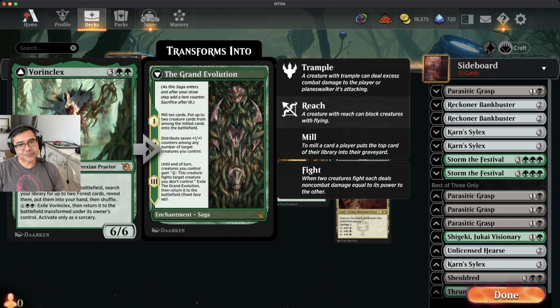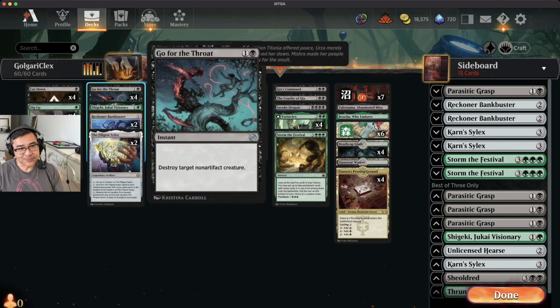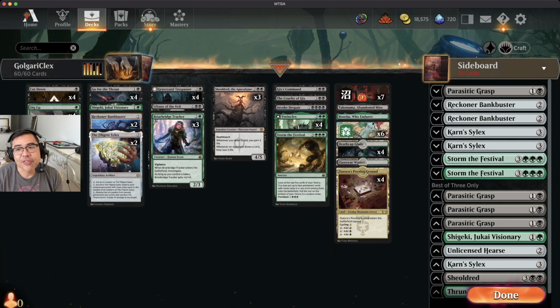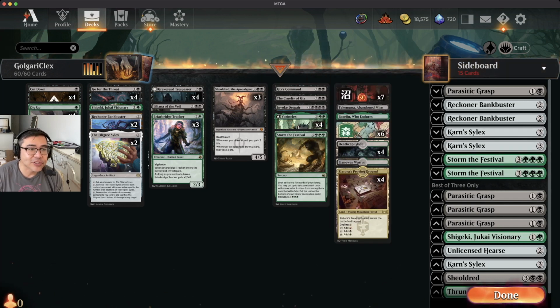I think that if there are things that are kind of imperfect about this deck, one of them is it's not a great Storm the Festival deck. There are so many spells, so many Go for the Throats and Cut Downs and Dig Ups, that you're not always hitting permanents. We only have one Storm of the Festival in the main. When we have the additional Storms of the Festival after sideboarding, we're typically bringing in cards like Karn's Sylex. As you can see, whenever we had Karn's Sylex, the opponent had to respect it. And that card's really good against...